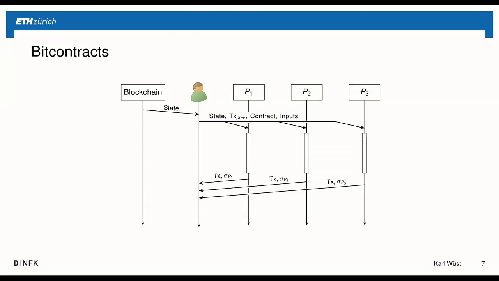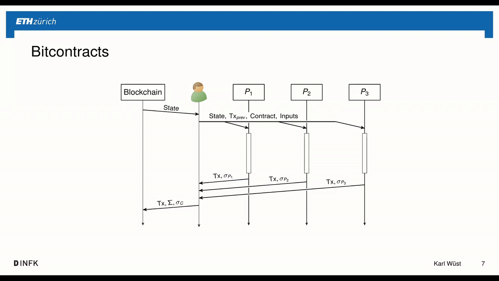Once Bob has received signatures from a quorum of these service providers, so enough to fulfill the multi-signature condition, he can assemble the full transaction by attaching all of the signatures and also adding his own signature if he sends funds to the contract or if he uses his funds to pay for blockchain fees. And then he broadcasts this transaction to the peer-to-peer network, where it will be picked up by miners and included